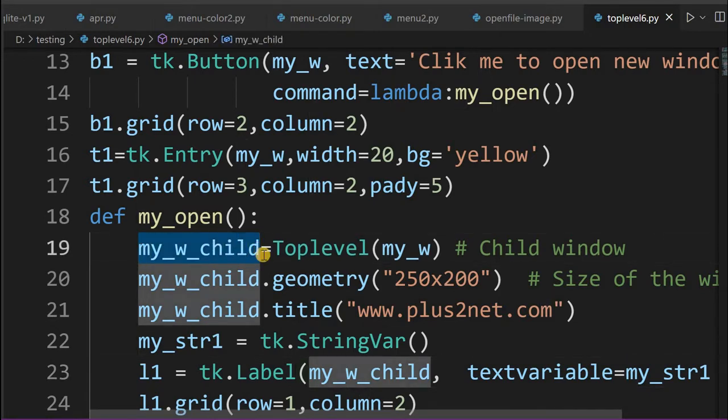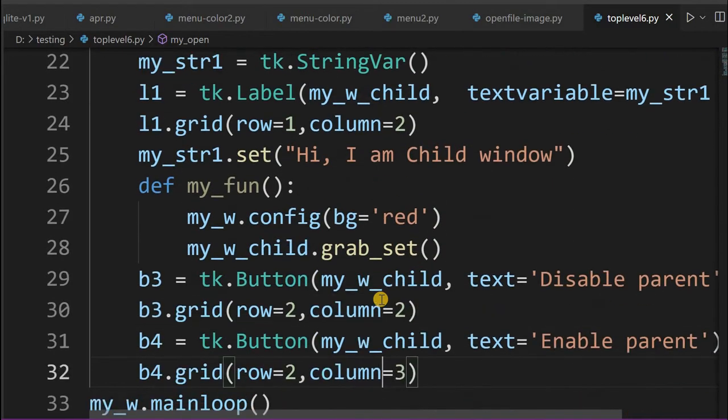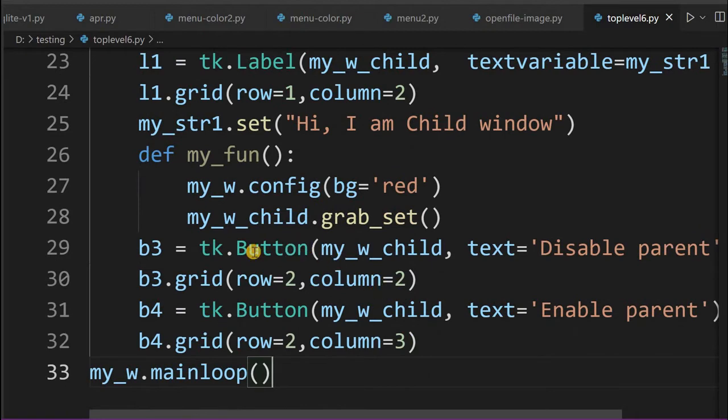The child window opens up with some text specifying that I am the child window, and there are two buttons in it. One is B3, disable parent, and B4 is enable parent. But here we have not added any functionality. This is for our display only, layout and all.